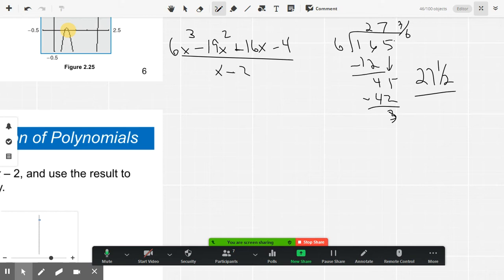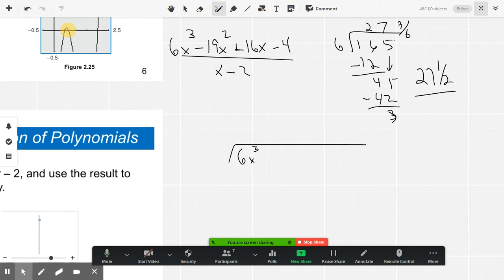Okay. What we're going to do is put the polynomial we're dividing into the little bracket thing, or the little division house. And so this is going to be 6x cubed. Now, the one thing you do have to be sure of is this polynomial has to be in descending order